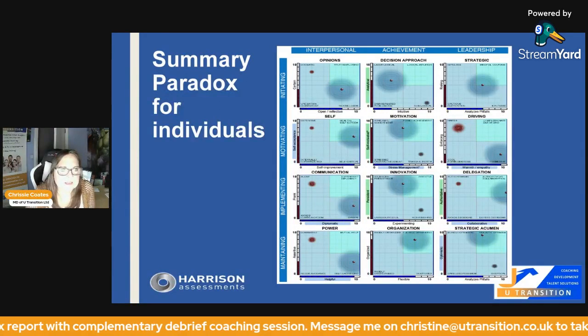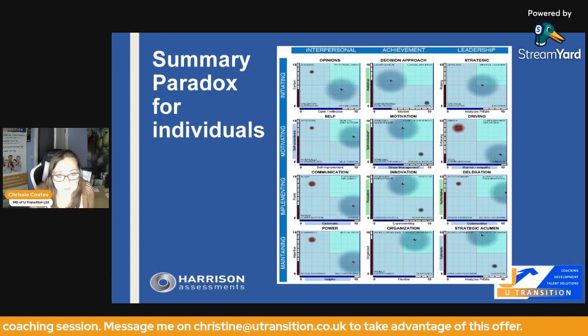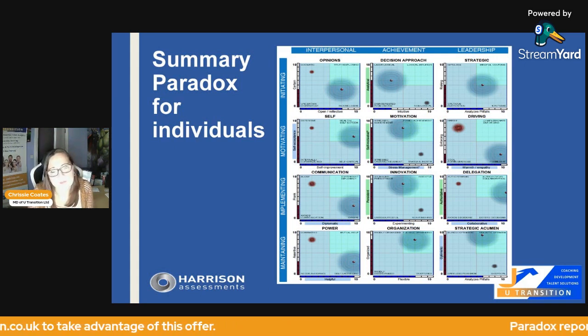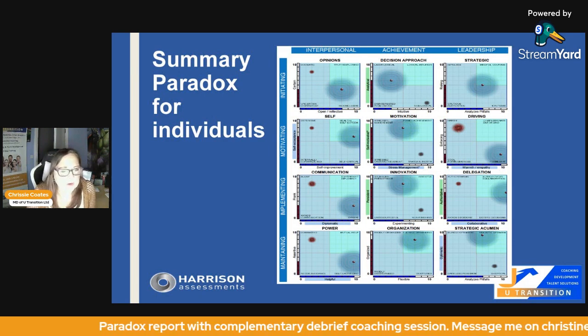The report gives us an overview, a summary. It paints a picture, I should say. You can read it by rows, you can read it by columns, and you can also then see the relationship between specific paradoxes as well. And it all helps to create a story about what's going on for that individual,